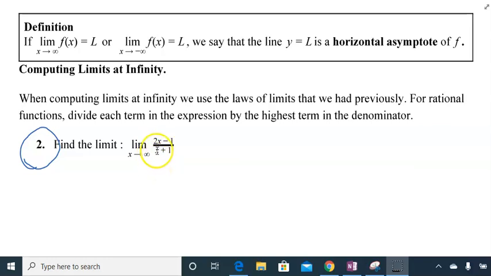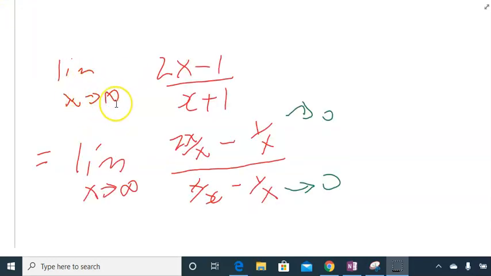Okay, so we think of the variable and look for the highest degree. So find the limit as x approaches positive infinity of 2x minus 1 over x plus 1. The highest degree of the variable x here is 1. So let's solve that. We have the limit as x approaches positive infinity of 2x minus 1 over